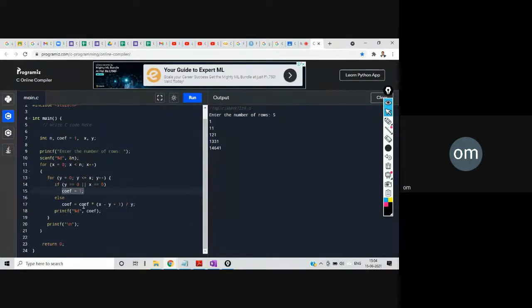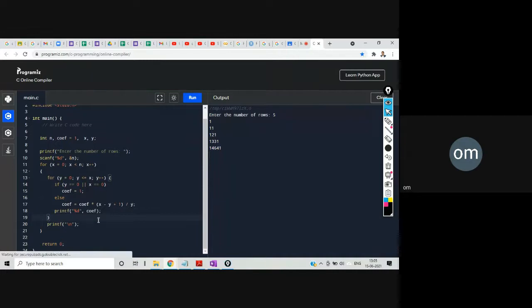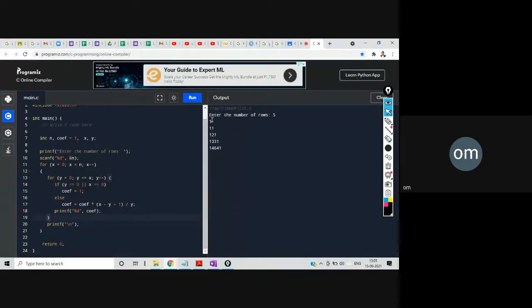So if we calculate by this particular formula, we will get the coefficients. And then whatever the case, whether the coefficient is equal to 1 or computed using this formula, we will print that coefficient on the screen, right? If you calculate in this way, we'll get this particular pattern.